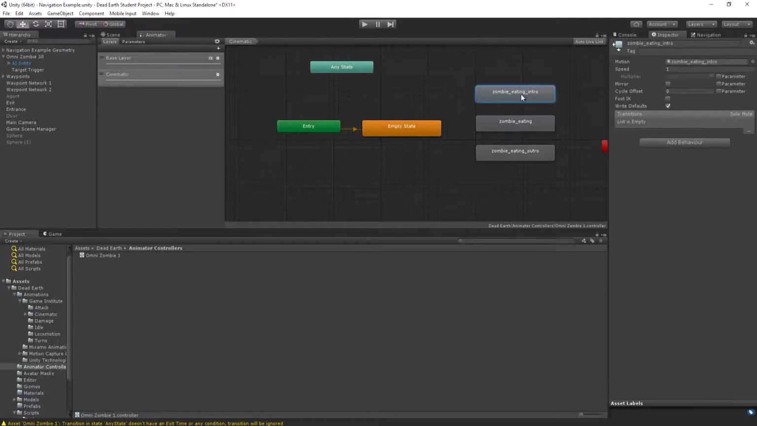Then once it's in the kneeling pose at the end of its timeline, we then transition into the eating state. And then when in the eating state, it doesn't really matter, we just stay there looping until we're full up, and then we can then transition into the outro state. And the outro state, like the intro state, also has to be played out to its entirety to make sure